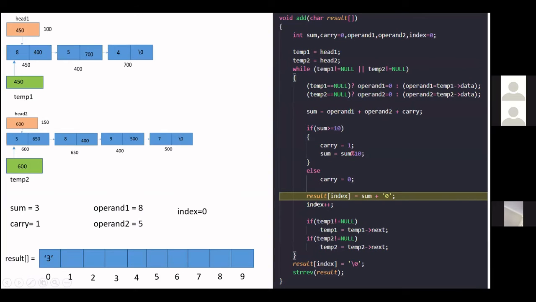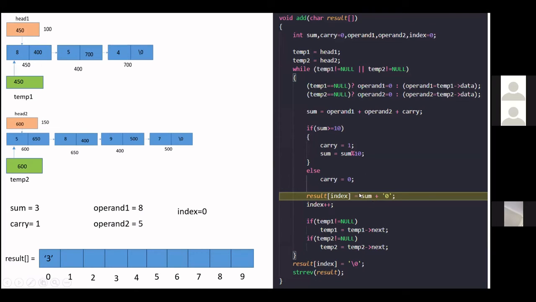And after that, it will go to this statement. We are going to store our result inside the result array, that is the result string, you can say. Now we have taken index equals to 0, so at index 0, it will store sum. Our sum is of type int, but we have taken a string, that is an array of characters.